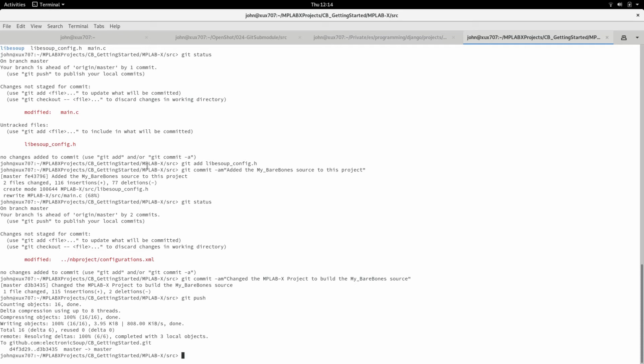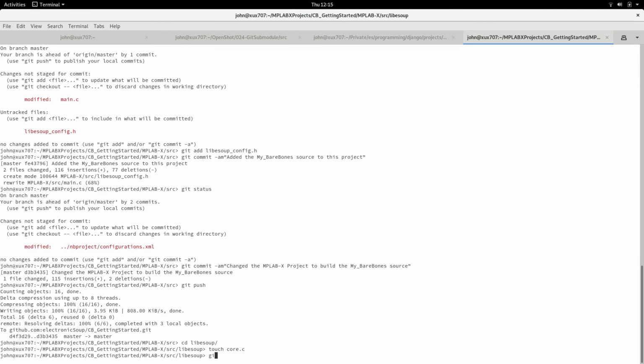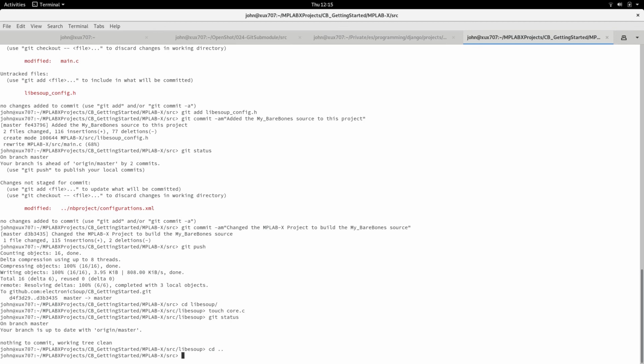Git submodule, it's absolutely essential to be able to do various submodules within a project so that you can pull in the various changes into your own project. Now if I make changes to libesoup, I'd have to actually make a change to that core file, actually edit it. But if you make a change to that, then you commit to the libesoup project, and if you make a change in the level above, then you commit changes to the other project, both of which are under source